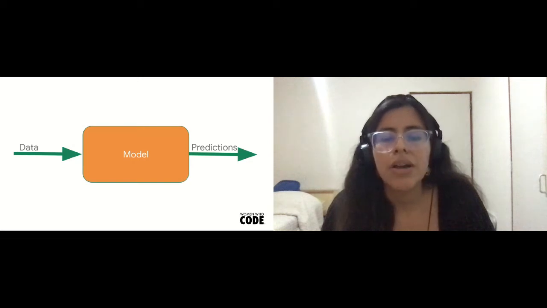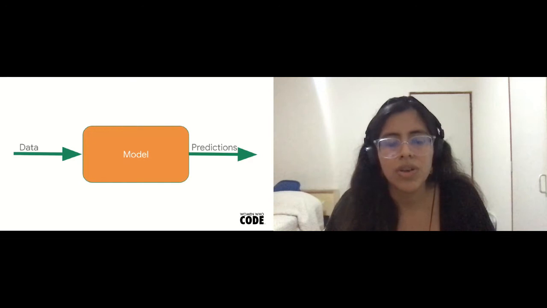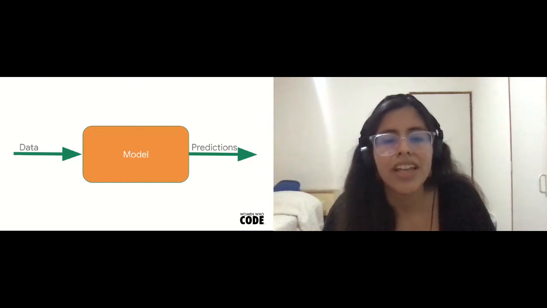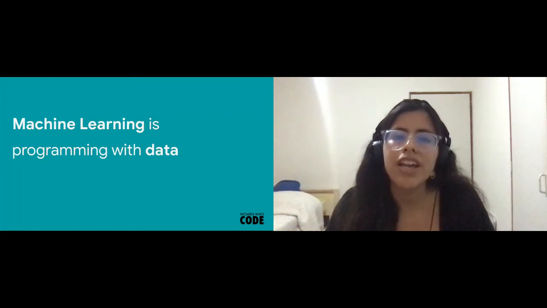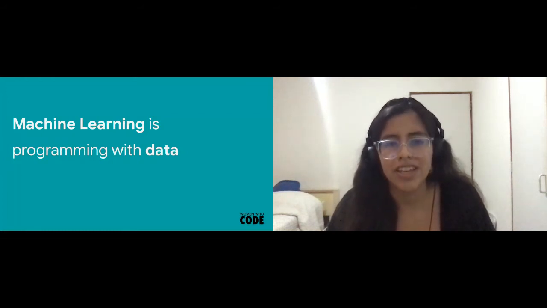So that is the model, another concept you need to know. We use the data and the output is the predictions. So in this part, we conclude that machine learning is programming with data.